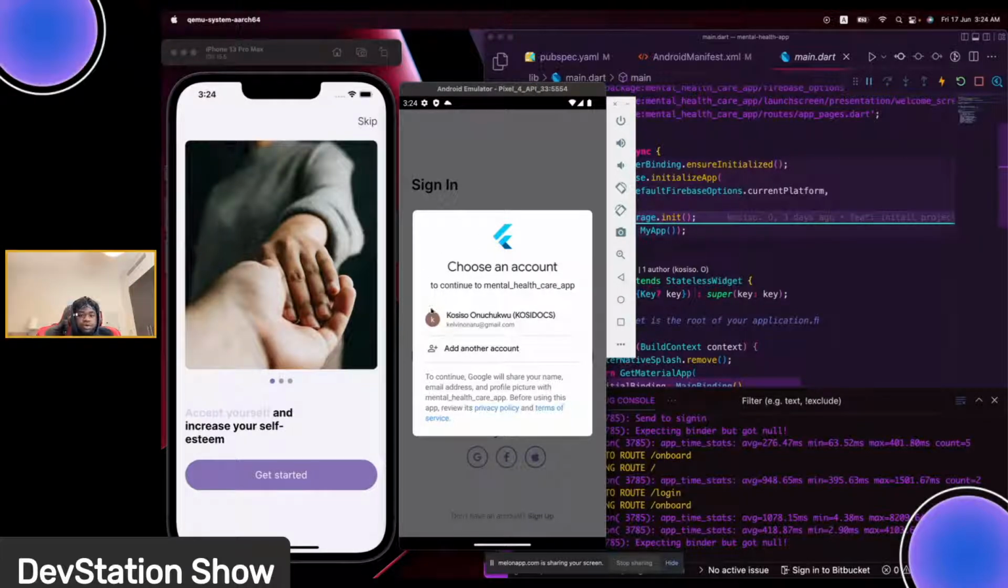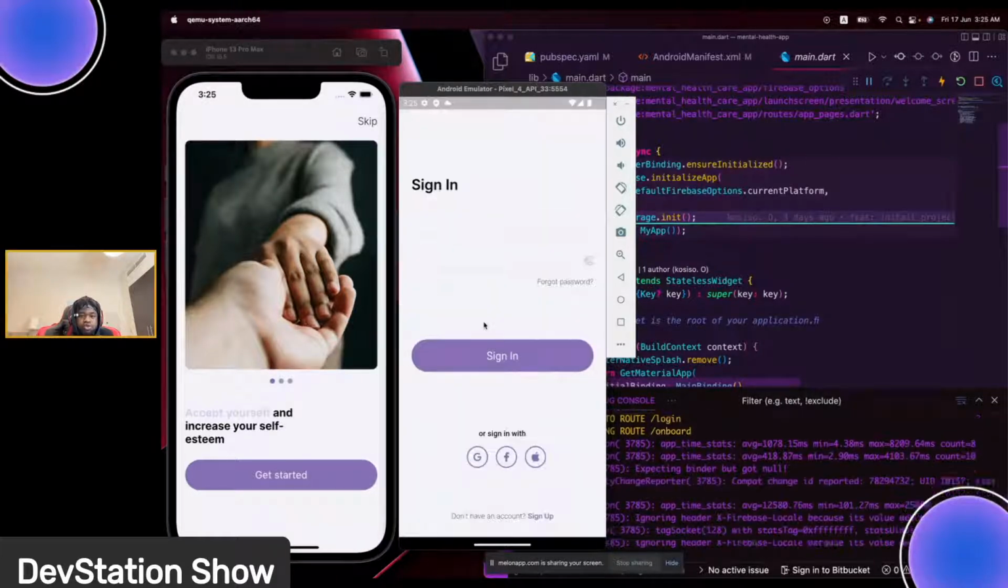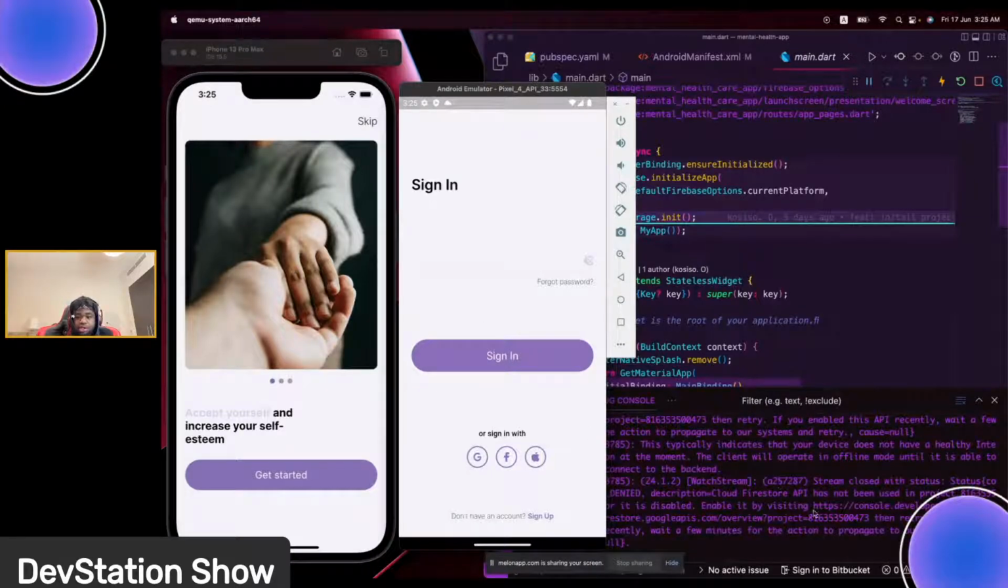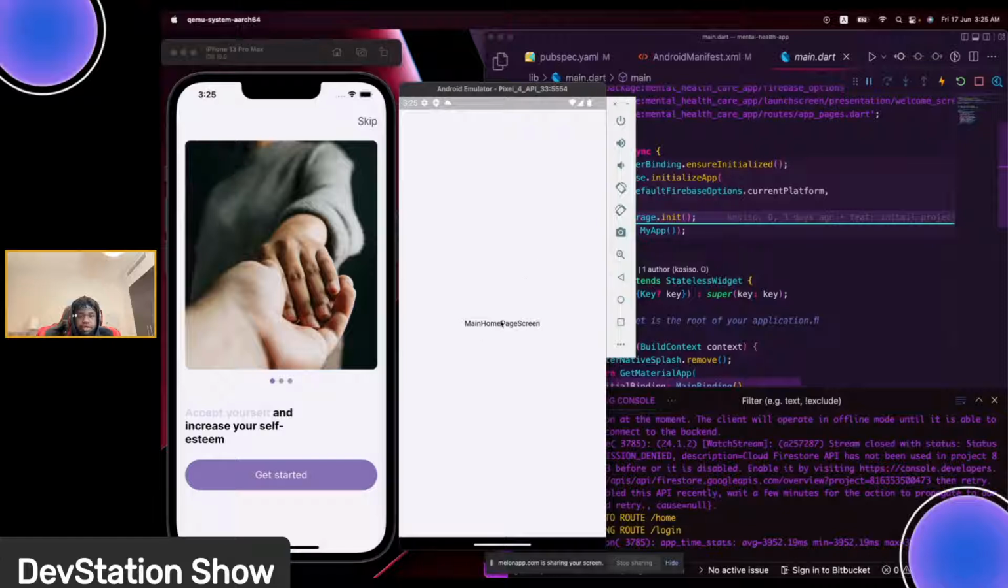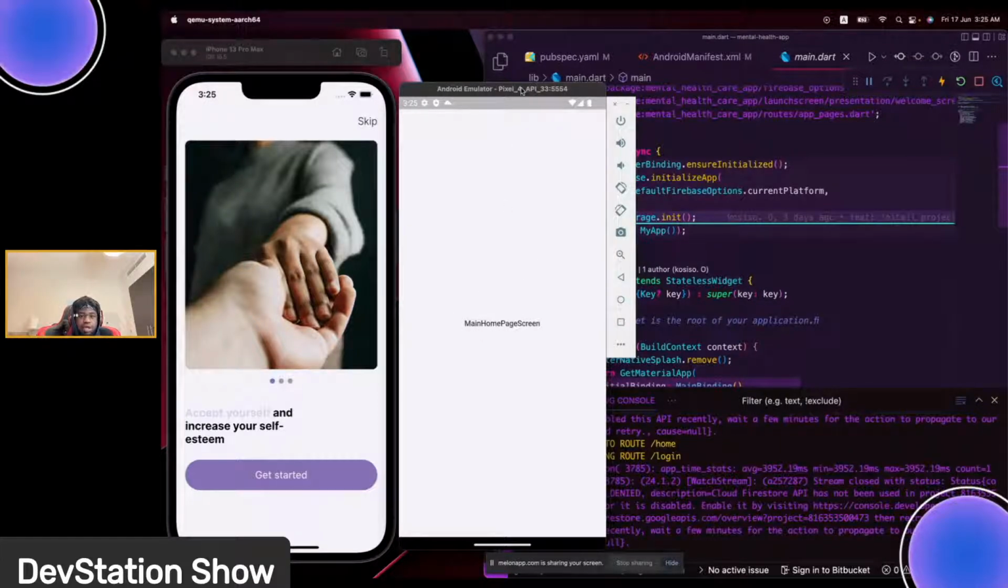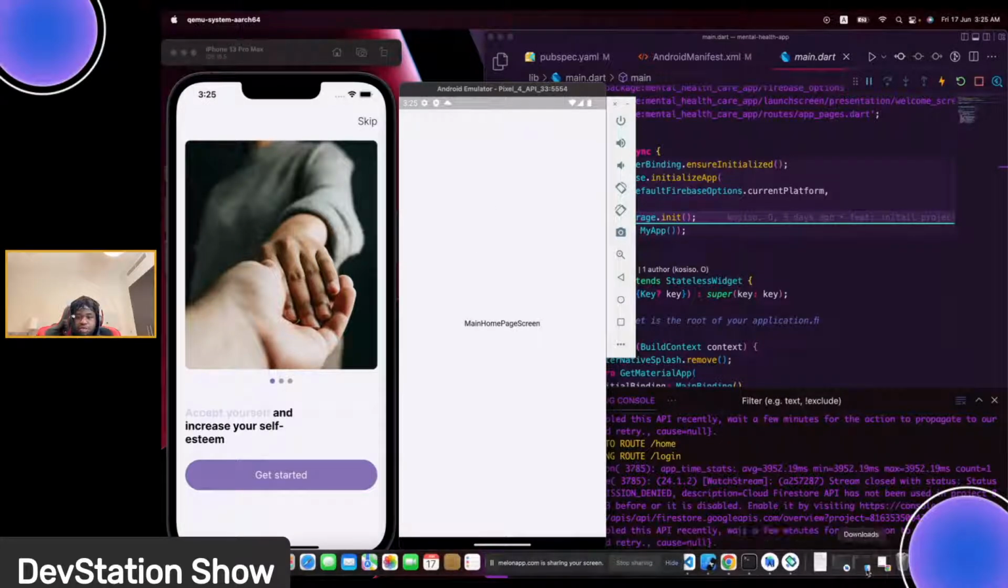So right now, if you look at this, you can either add a new account or continue with the account you have. If you click over here, it will use that account to sign us in. You can see on our console, see, we already signed in. That shows that our Google sign-in is working on our Android app, and we can check that also by